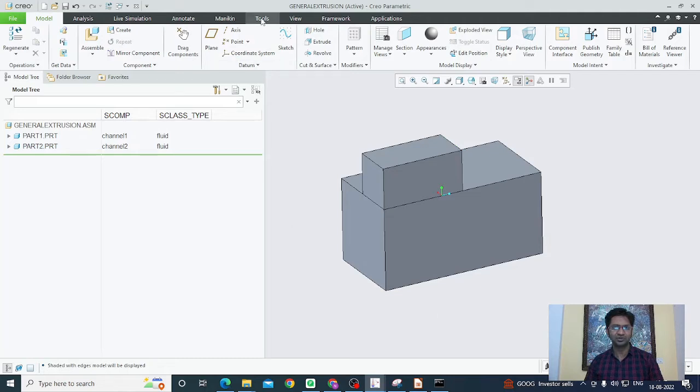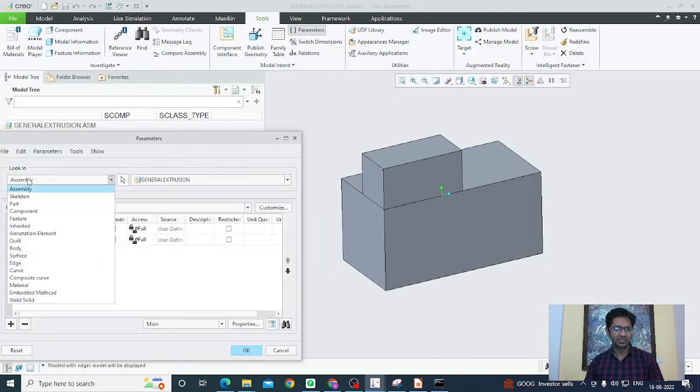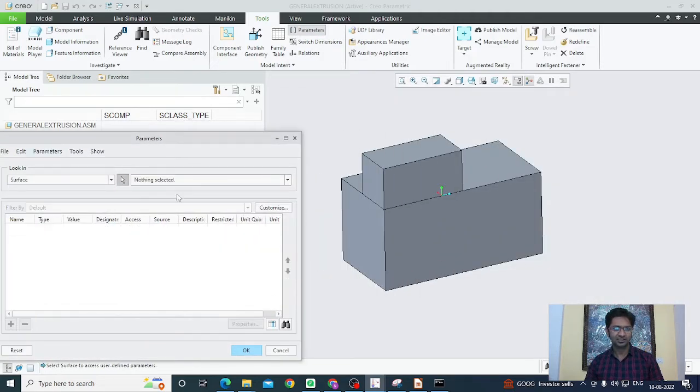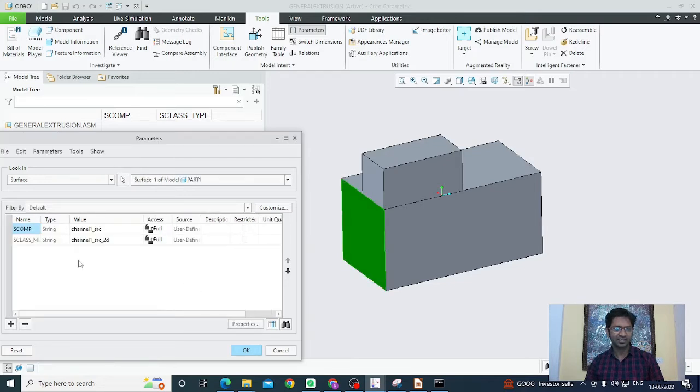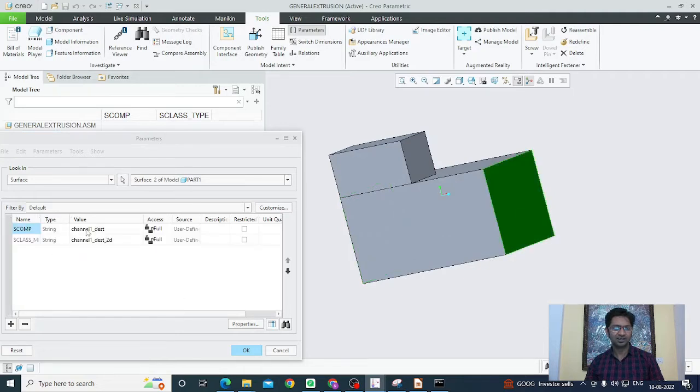So I'll quickly show you that also. In the tool parameter, if I just select surface, and if I click on this surface from part 1, then I can see the channel1_src_2d. So this class is added, which will represent my source entity. Similarly, if I check on this surface, I have added channel1_test_2d, which would represent my